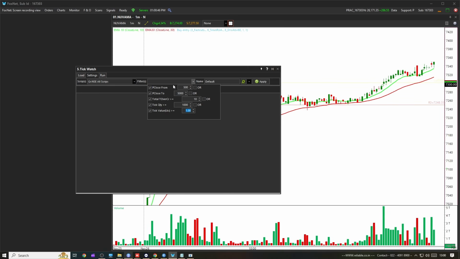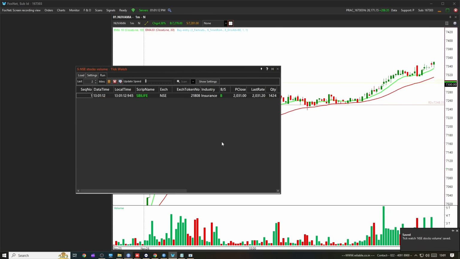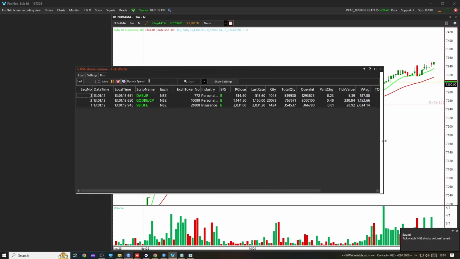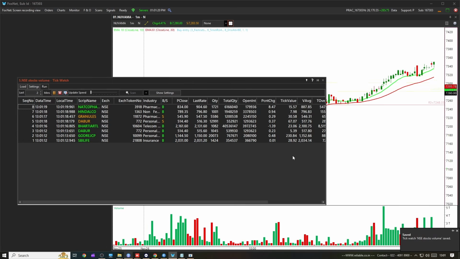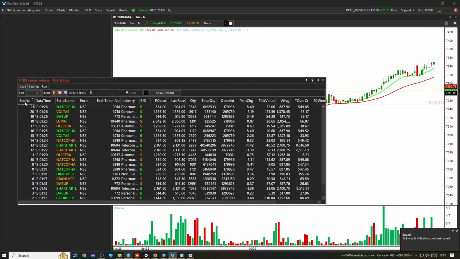Okay, here are the basic parameters of my small conditions, and over here I put NSE stocks volume. Just click apply. After doing some settings, you can click apply, and all the parameters matching the conditions we have set will show results on the live market. I'll just remove some of the columns which are not needed.